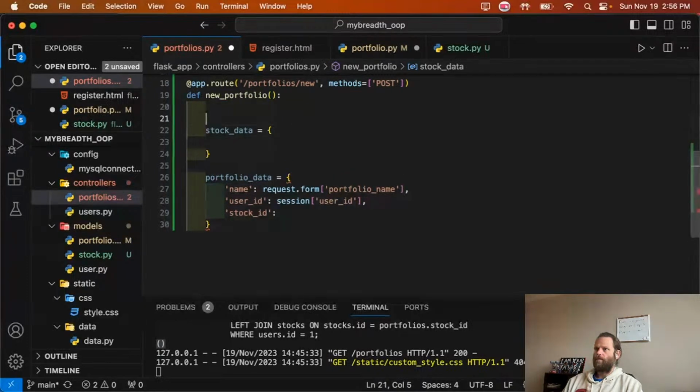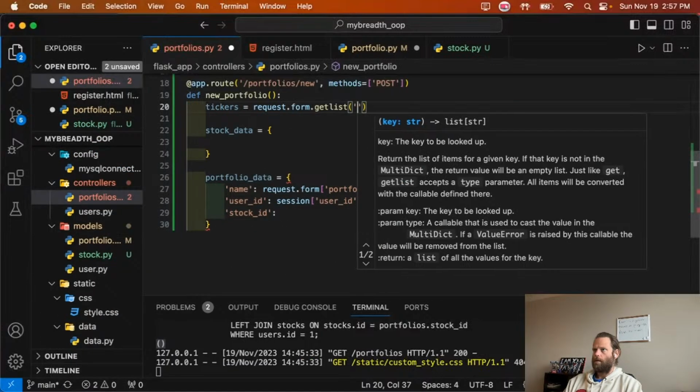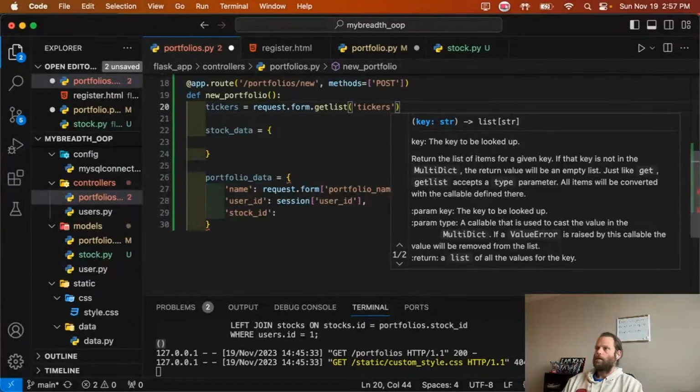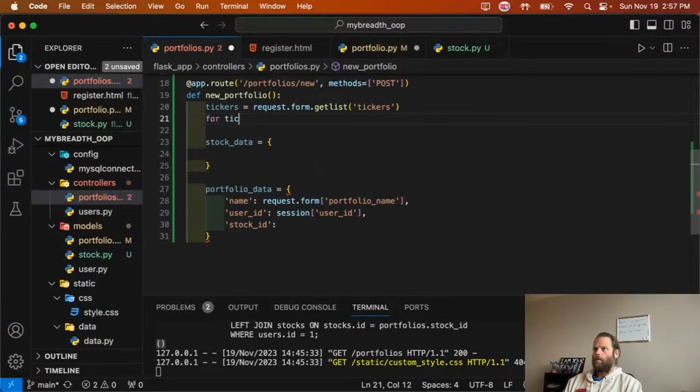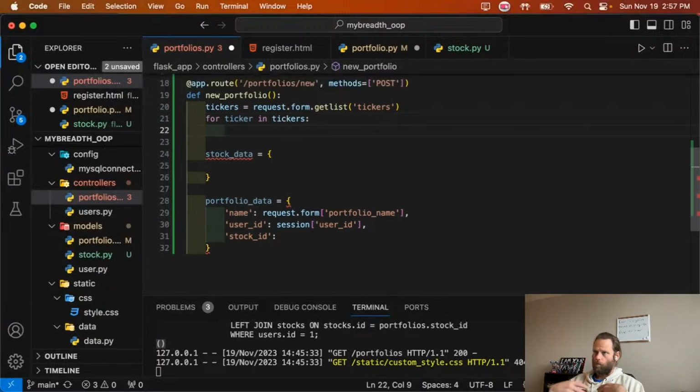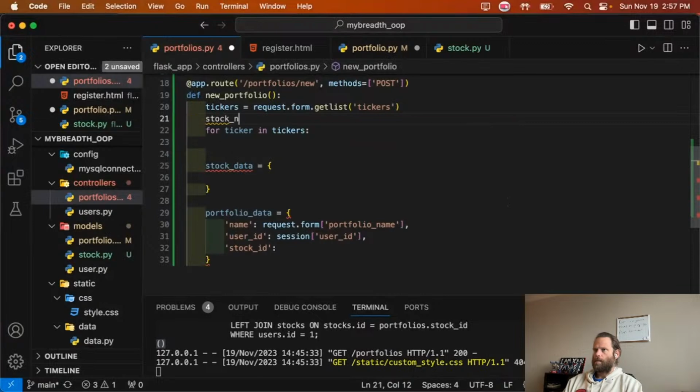See, there's going to have to be some sort of... so it'll be something like this: tickers equals request.form.getlist, and then it'll be tickers. And then it'll be for ticker in tickers, and we'll run the API to get... and what we'll do is we'll just have something like stock names equals empty list, and then this will basically